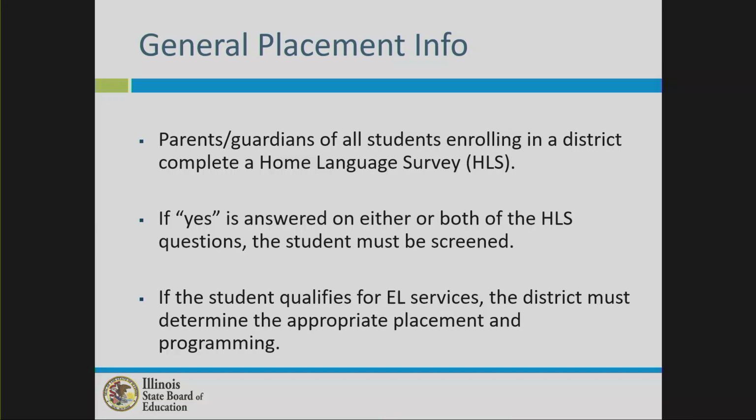It should be something that stands out, and it isn't just the typical, yes, my child's picture can be used on Facebook, check. Yes, my child can use a computer, check. Yes, my child speaks another language, check. You know, it's easy to get lost in the shuffle. So anything that you can do to make it stand out and seem important is beneficial to you and your program. And then reviewing those within 30 days before entering them into SIS, because there might be some errors or